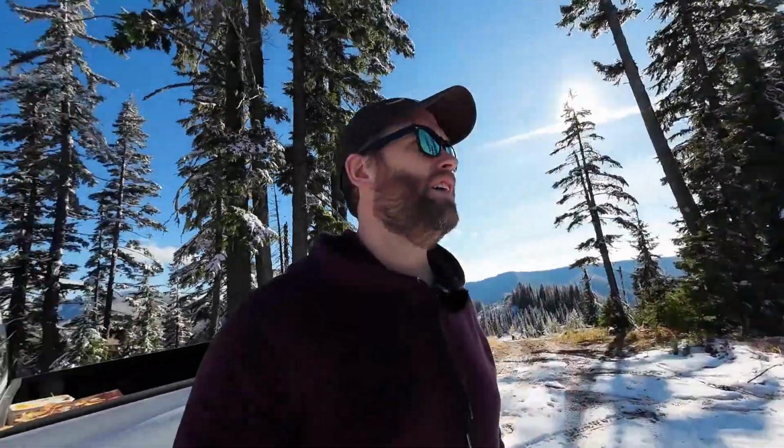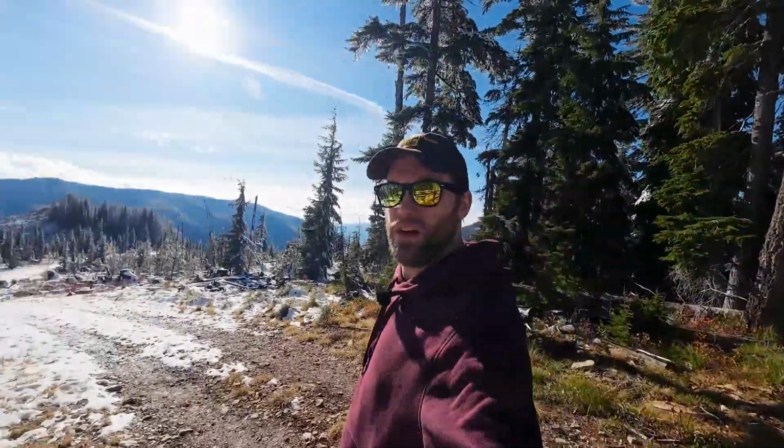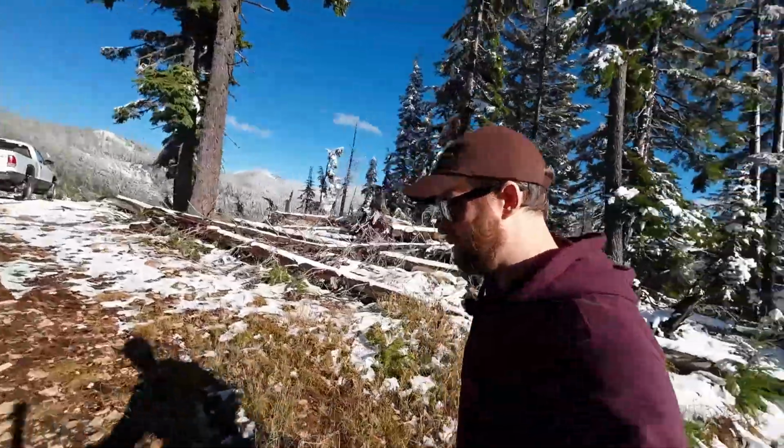Guys, I am tracking down two more mine sites, and as you can see, if you haven't seen already in the video, if I haven't put it in, I have hit the snow line. It's only the end of October, but I'm high enough up to where I'm hitting snow. It's just a light dusting, so the truck's doing fine, being open diffs, but